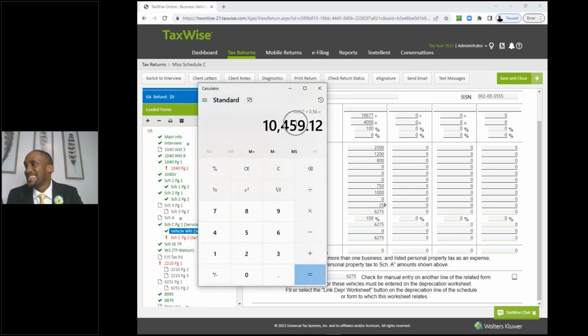And that turns out to be $10,459. That's a lot. $10,459 versus the $6,275, right? So that's a big difference. You're seeing that, right? You're definitely seeing that's over $4,000 in tax deductions that you can